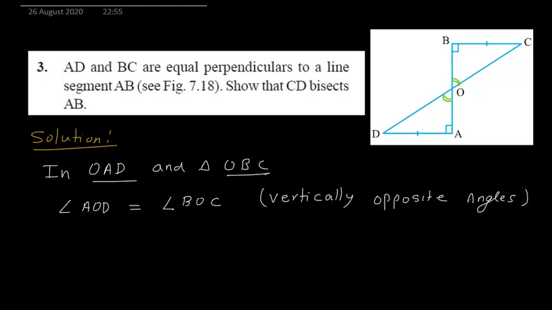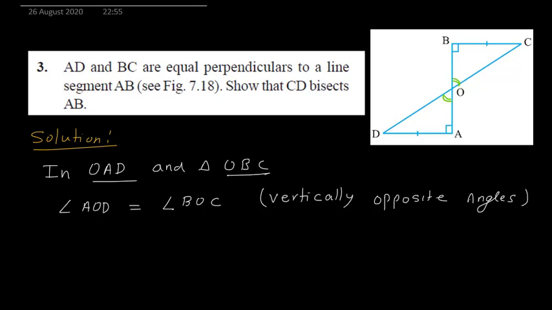In short, you can write VOA. Then we have angle B equal to angle A, and then we have angle D equal to angle